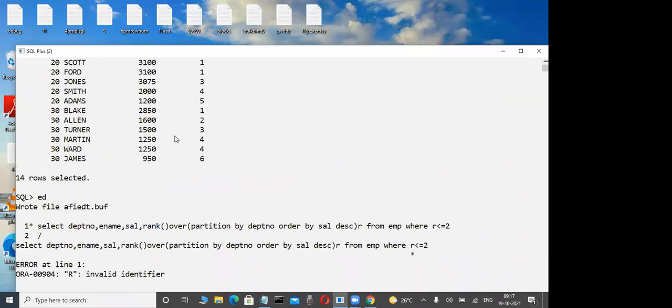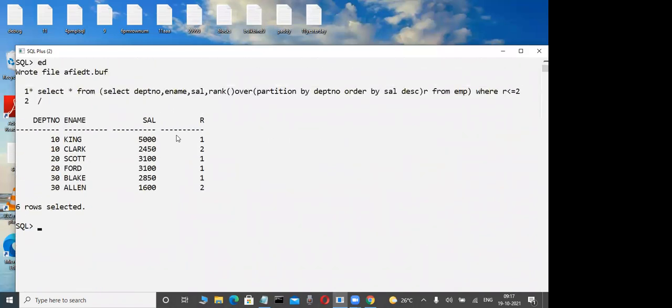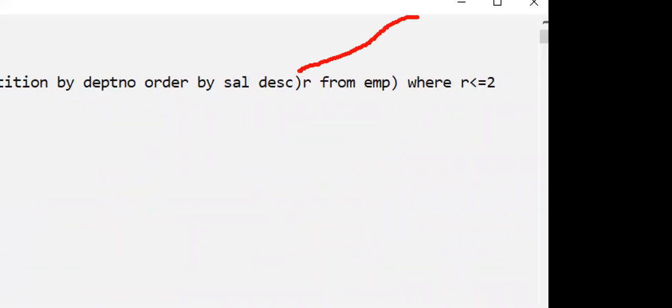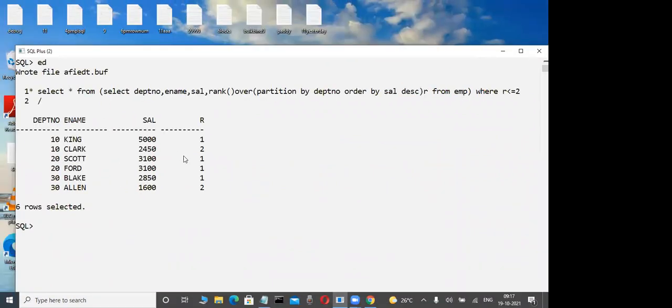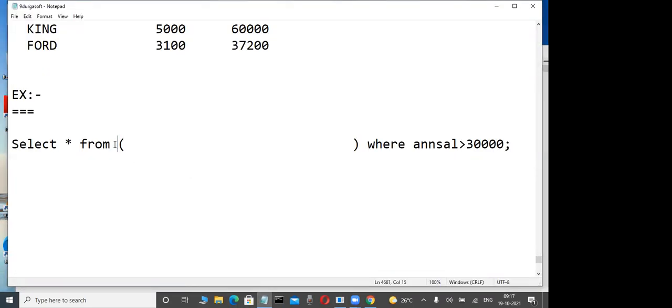whenever you want to restrict, so now here analytical functions in future, in that case also, in analytical functions we are using an alias name. Based on that alias name only we are restricting, but an alias name we are not allowed to use in a where clause. In that case, to use that alias name in a where clause, we just put that alias name query in a where in an inline view. Then only that alias name we are allowed to use in a where clause. That is very